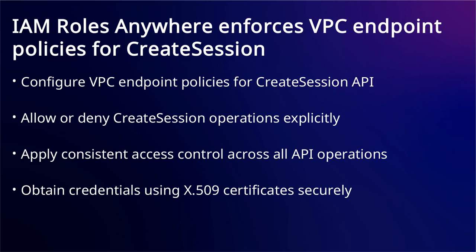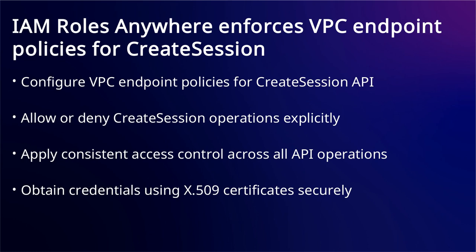Previously, VPC endpoint policies could not control the Create Session API in IAM Roles Anywhere, creating an inconsistency in access control for workloads outside AWS that use X509 certificates to obtain temporary credentials. You can now configure VPC endpoint policies for the Create Session API to allow or deny operations explicitly. You must include Create Session in your allow statement or use Roles Anywhere to permit credential requests through your VPC